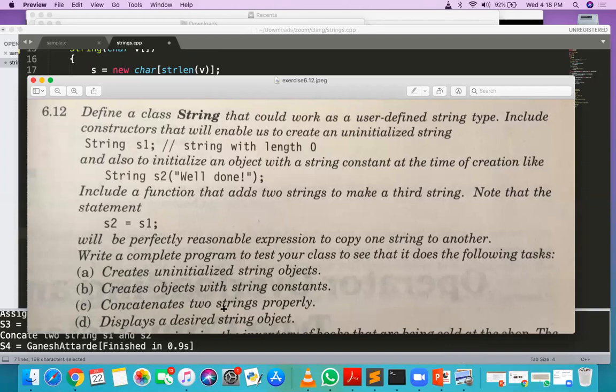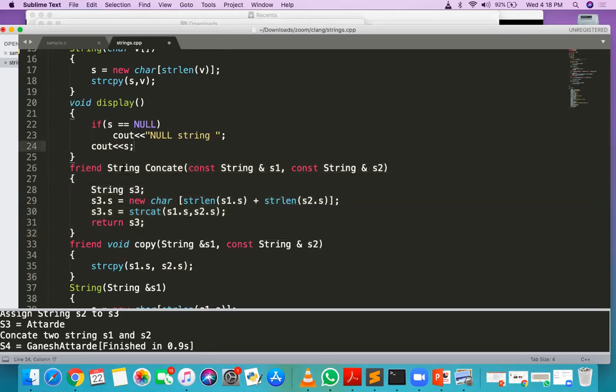Concatenate to string. Include a function that adds two strings to make a third string. Okay, so this concatenate function we are writing.